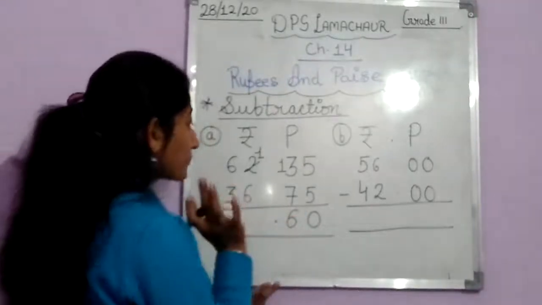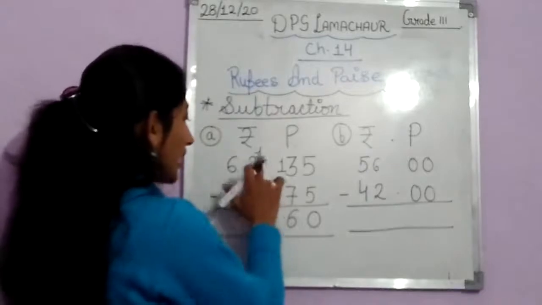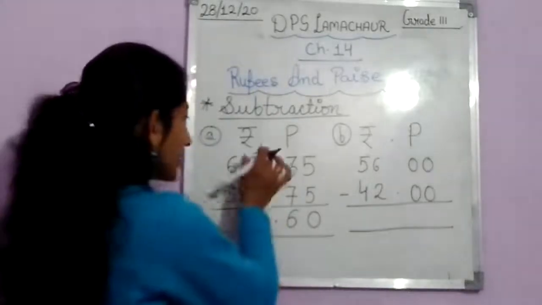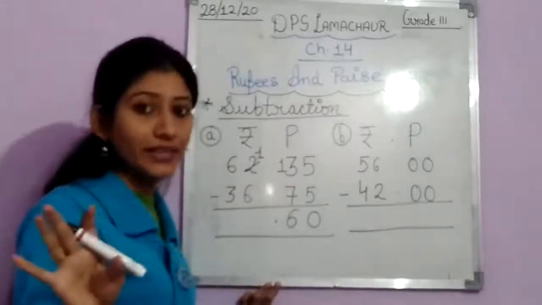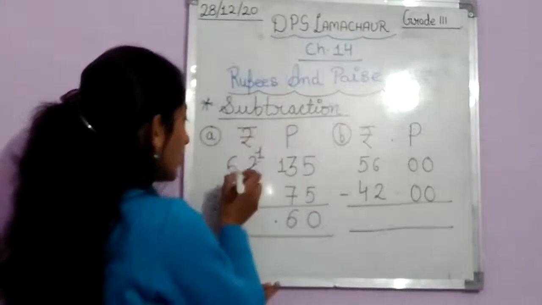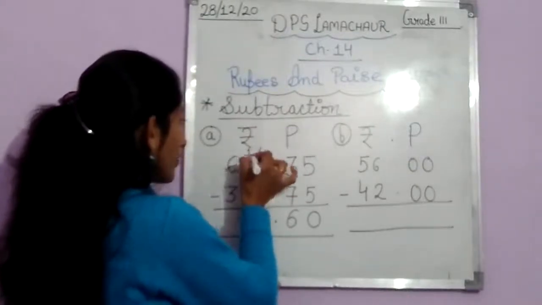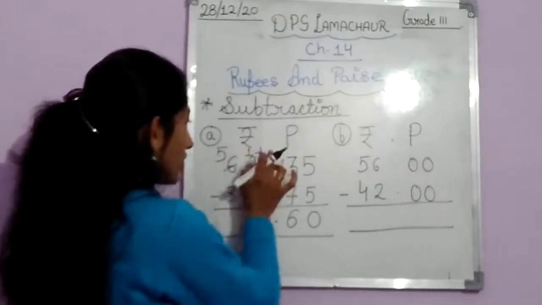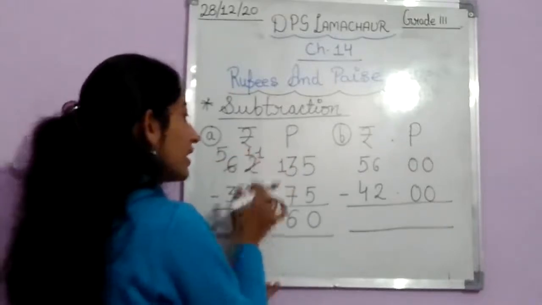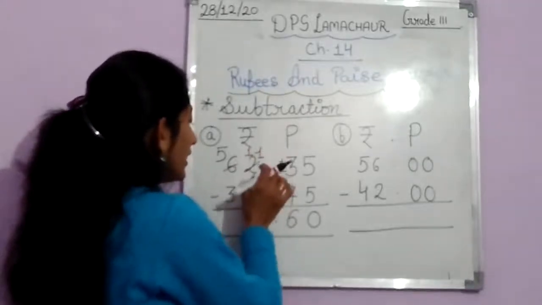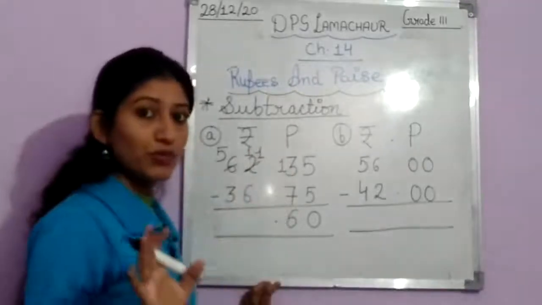Okay. Now this is 1 and this is 6. Again we cannot minus. You all know that we cannot subtract a bigger number from a smaller number. So what is required now? It is required to take borrow again. We will borrow 1 from here and it will become 11 and this will become 5. So this is now 11 and this is 6. Now again minus. It is very easy because now we can subtract 6 from 11. Now there is no problem at all.